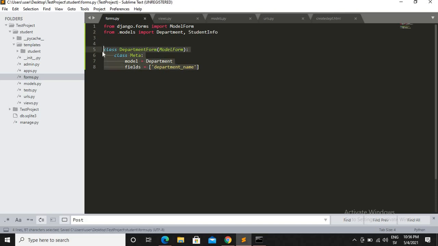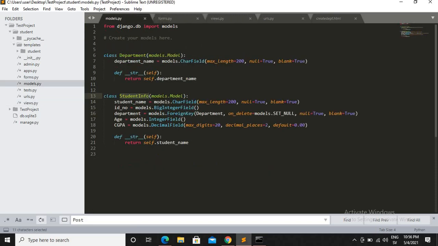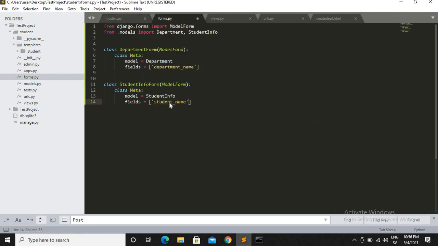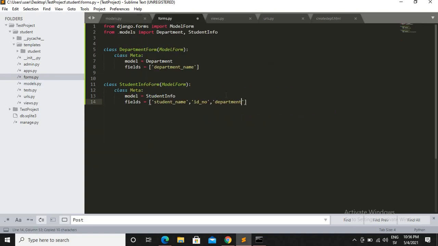Do it and just copy this class and paste it here and change the name from department to student info, and then just put the model name here, and then just define the fields name, all of the fields name, then ID no, yes, it should be ID no. Okay, department,